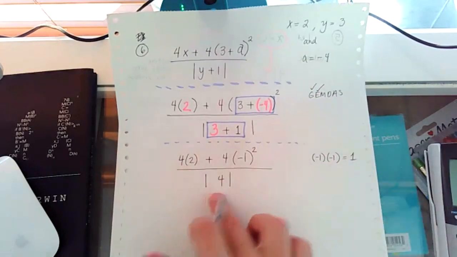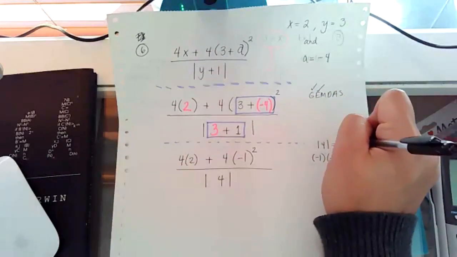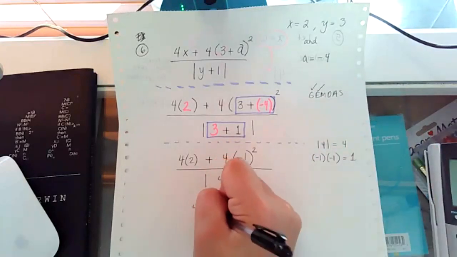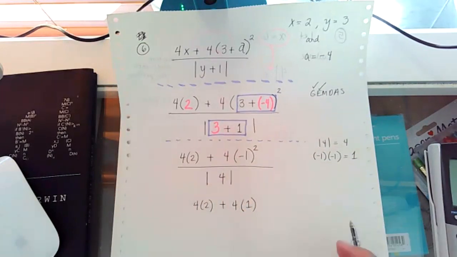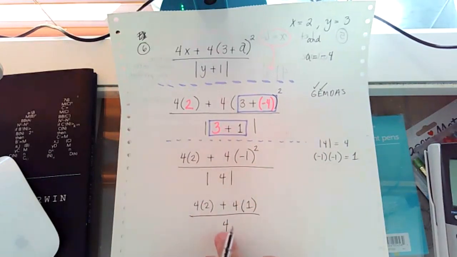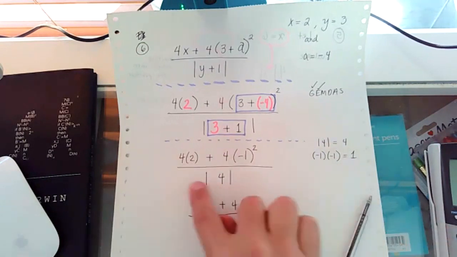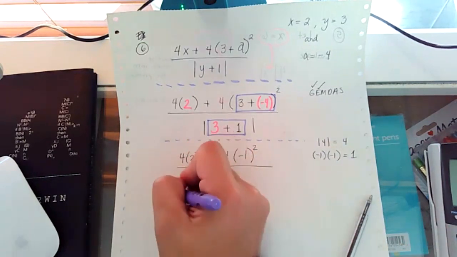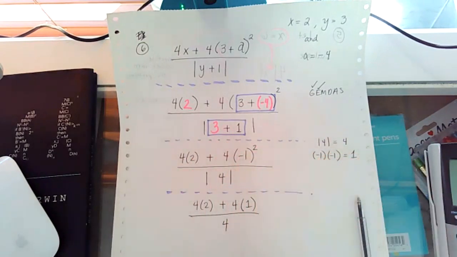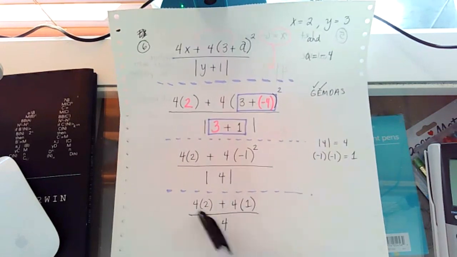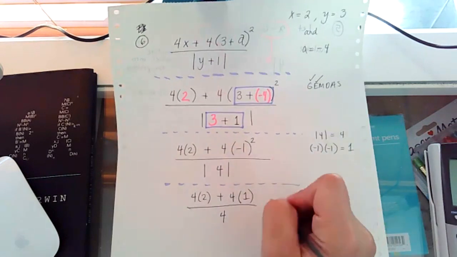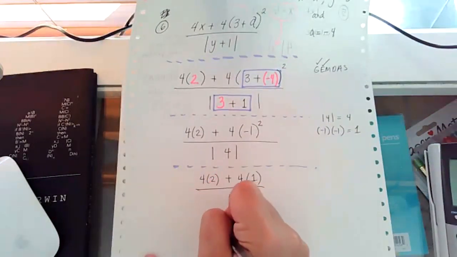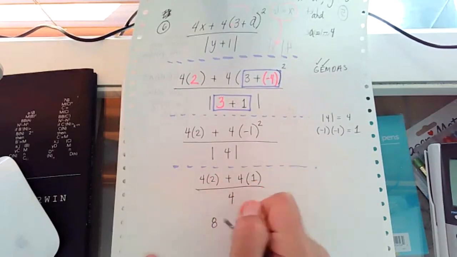So I can sub in the absolute value of 4 is equal to 4. I'll sub in that this is 4 times 2 plus 4 times +1 now, all over 4. And I've taken the absolute value, so I no longer need the bars. Once you use that absolute value, you can drop the bars. I can take care of all of this stuff on top of the fraction bar if I wanted to. The multiplication has to come before the addition. So this is 4 times 2 is 8, plus 4 times 1 is 4, all over 4,